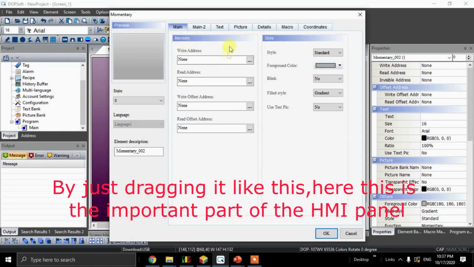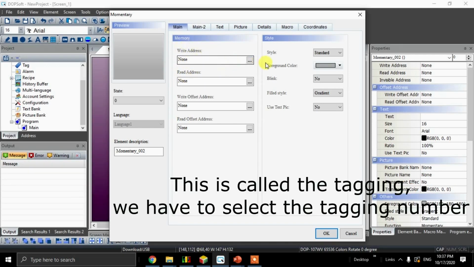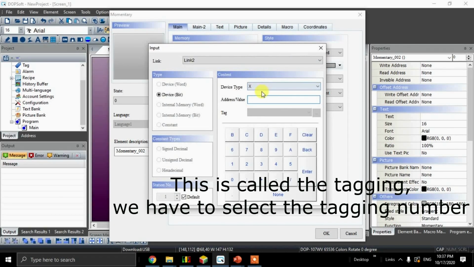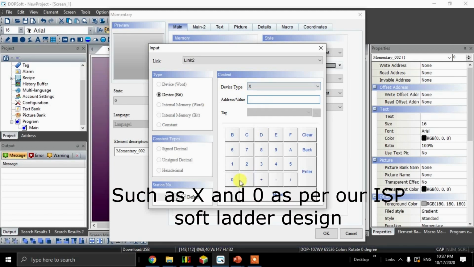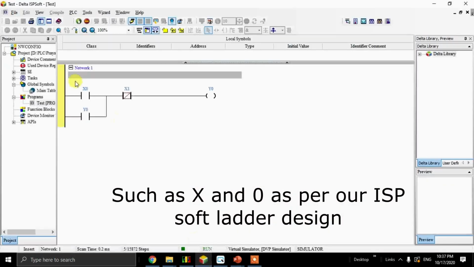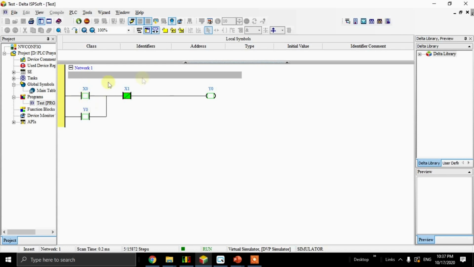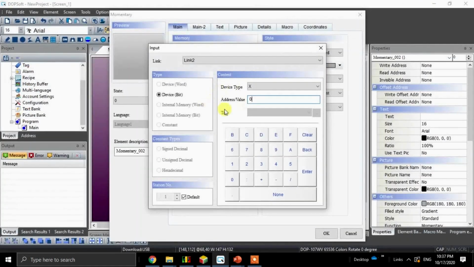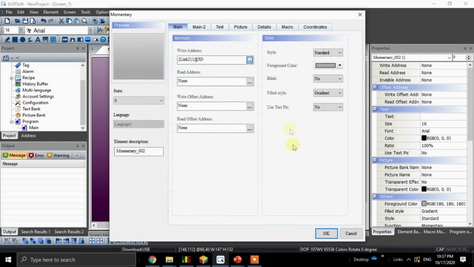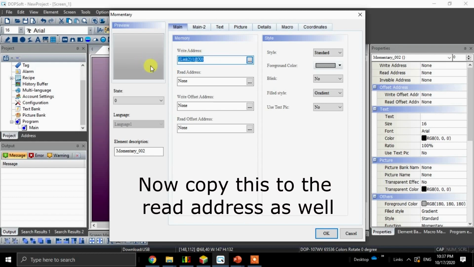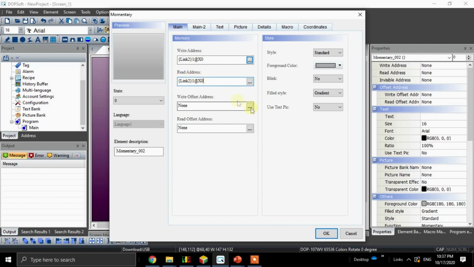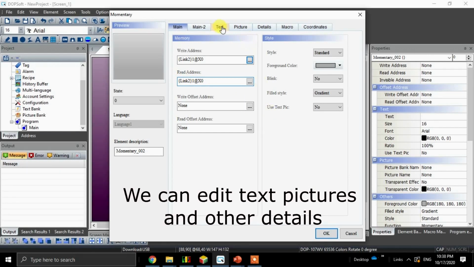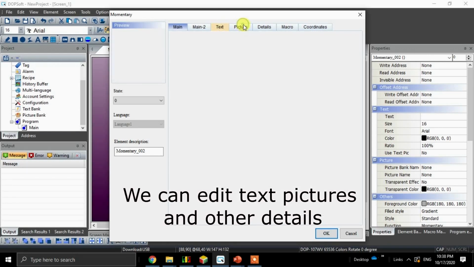Here, this is the important part of the HMI panel. This is called tagging. We have to select the tagging number such as X and 0 as per our ISPsoft ladder logic design. Now copy this to the read address as well. We can edit text, picture and other details.